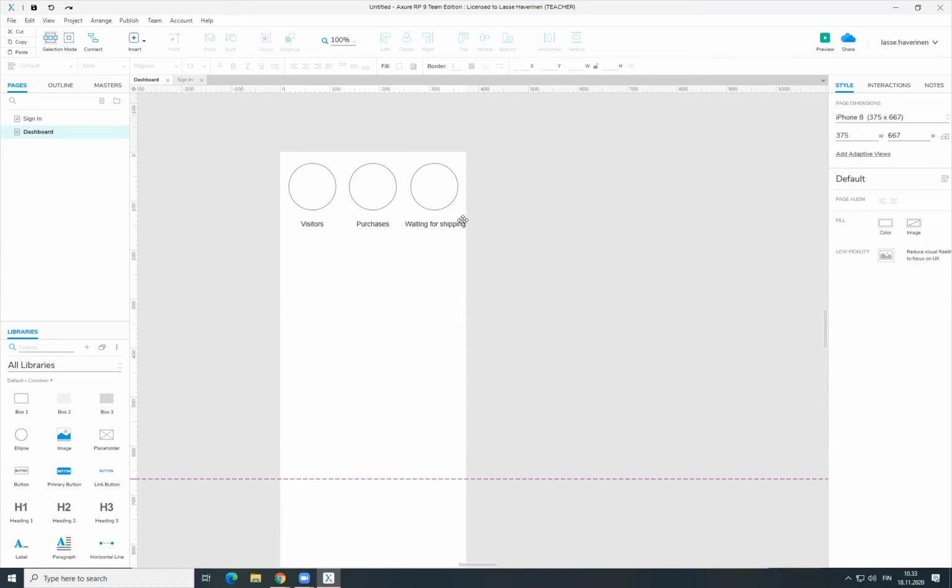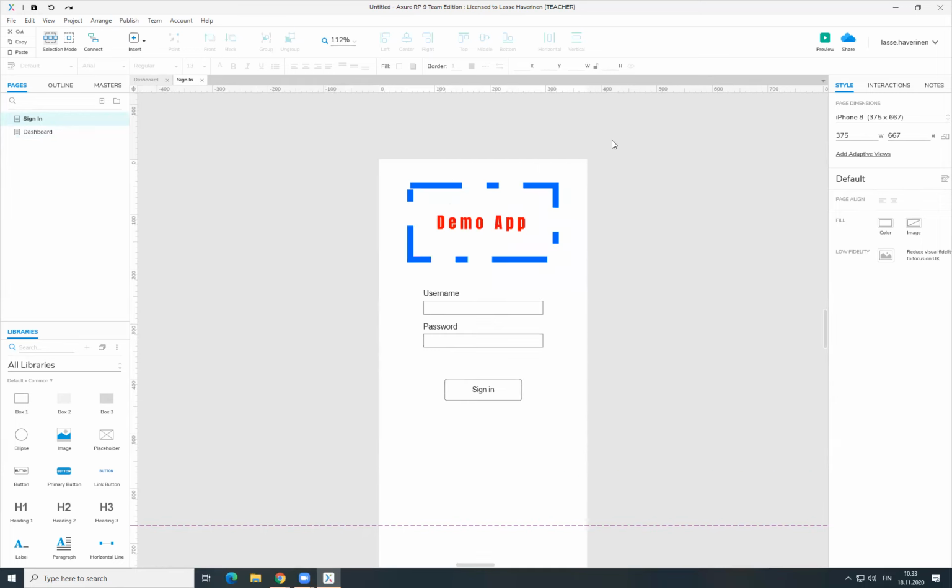Okay, so in any case, this would now be the second view. The one we are seeing here now is the design view. When we want to see how the application would look, we need to use the preview mode. So here on the top right is this preview with this green symbol and this play icon. If I click there,